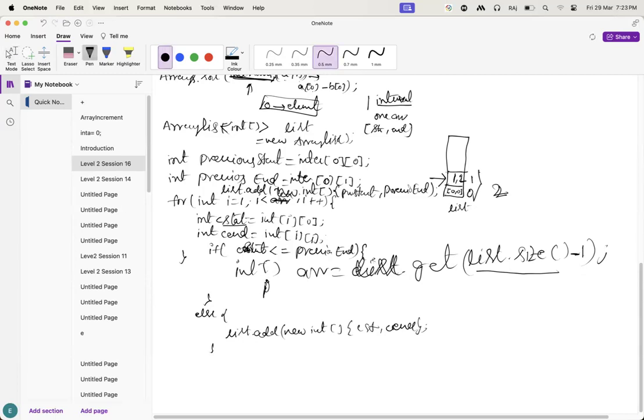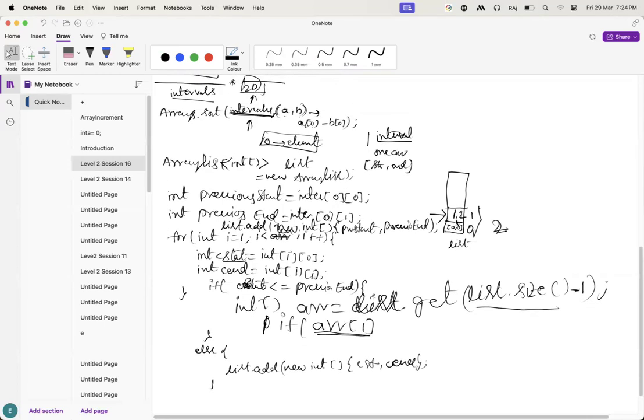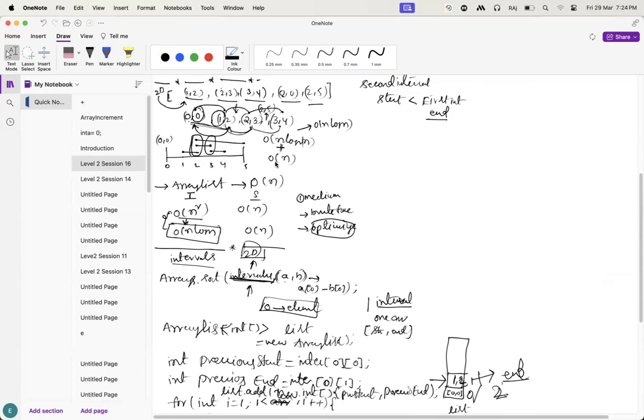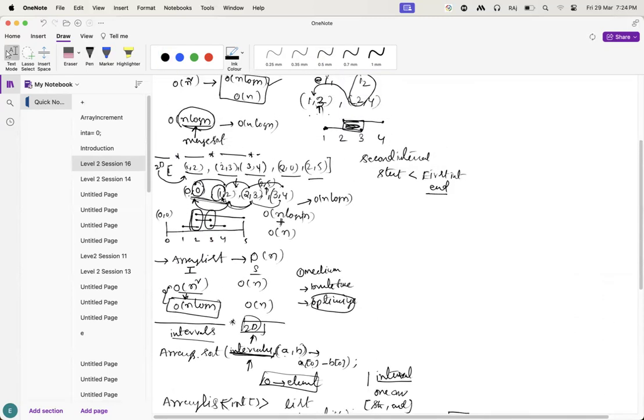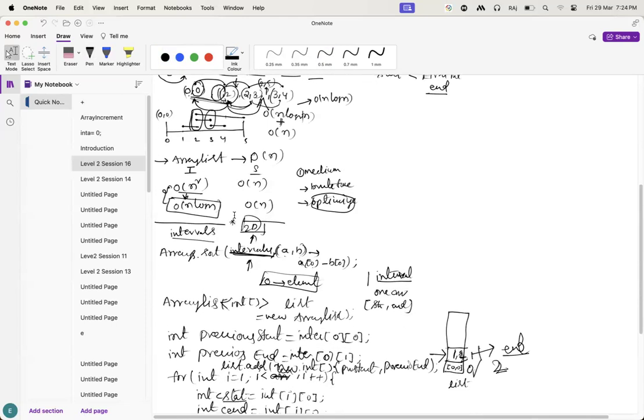We have to check if this array of 1. Guys, this array has only 2 elements, right? Start and end. So I want to check with the second element because I have already checked with the first element. Now second element, why? I need to check this end element and the current end element, because of these two things, guys, here 1 2 and 2 3, 2 3 is there, right? So I'm going to check this end and this end, and the highest one I'm taking as one